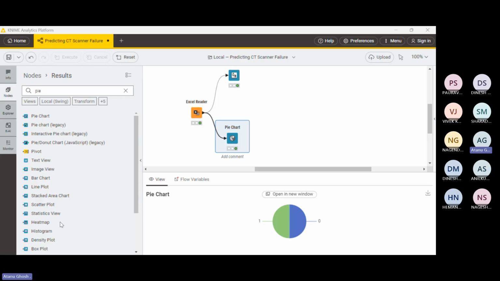Data scientist has come and told you that I need this 1,000 non-failure and 400 failure. You don't know what to do. Okay. Now, suppose the management says that no, 2 years is too long a time. I mean, how can you take so much of time? You have to still finish it within 6 months. What do you do?